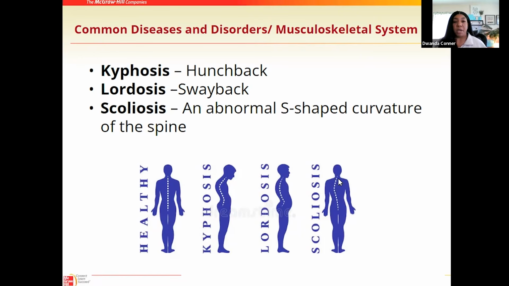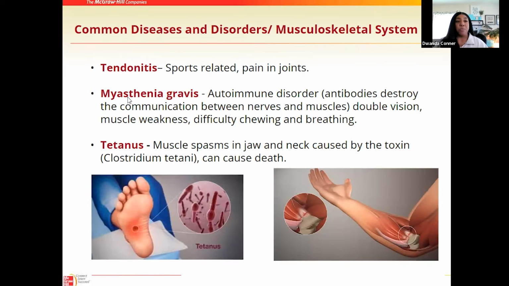So this can be repaired through surgery. It is very extensive. And this is something that typically a patient is born with, and it is corrected early on. So finishing up with our last of common diseases and disorders, we have tendinitis, and there's that itis again,